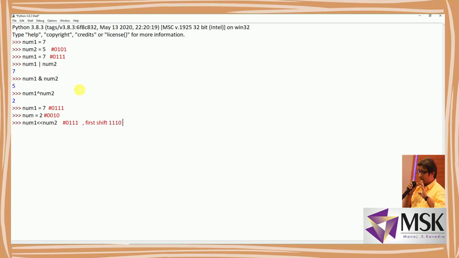Now when it is shifted a second time, the value is 11100. So this is 16 plus 8 plus 4 in decimal value. So 16 plus 8 is 24 plus 4 is 28.